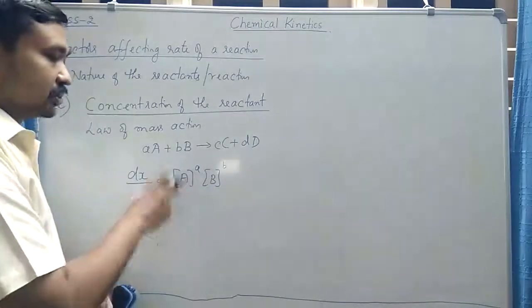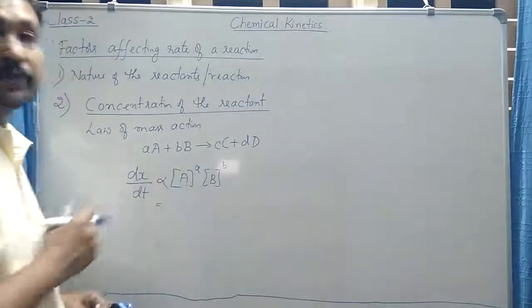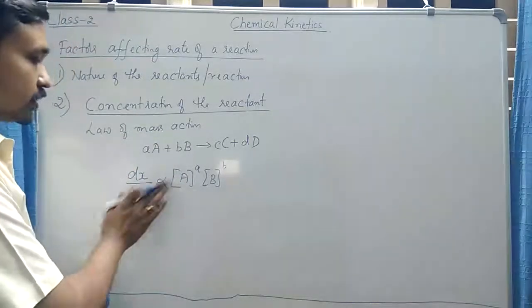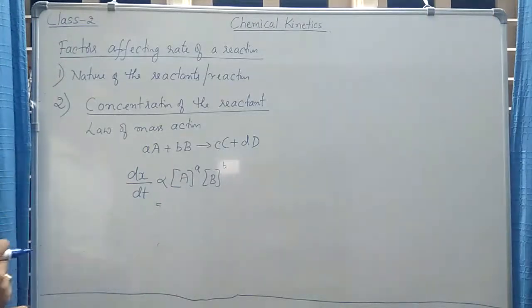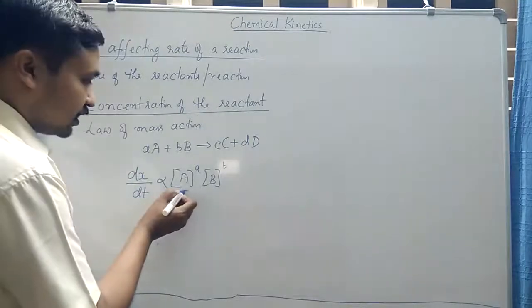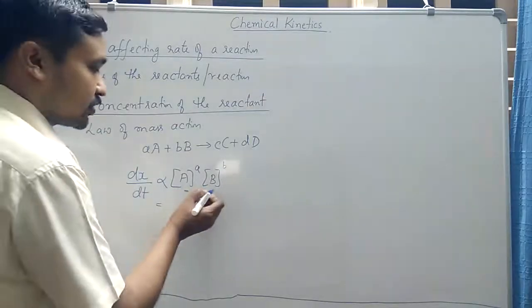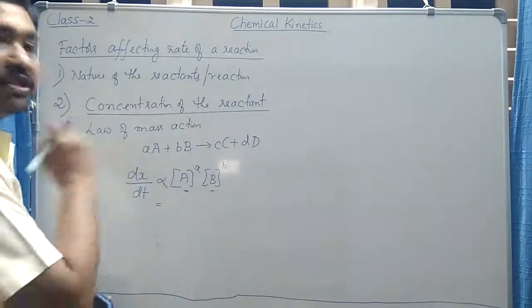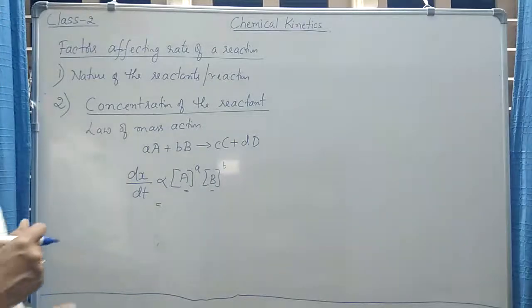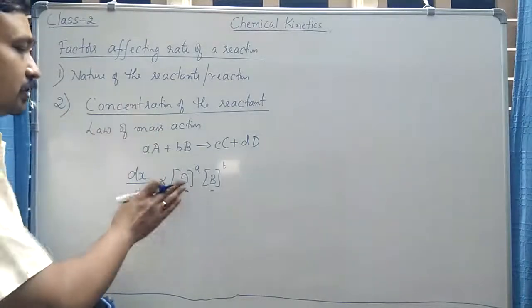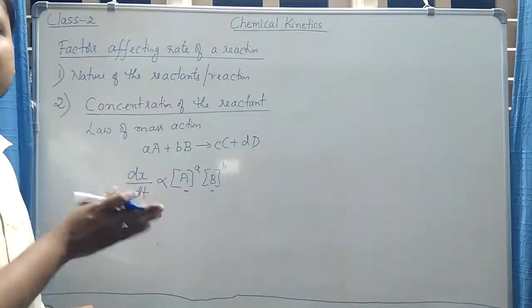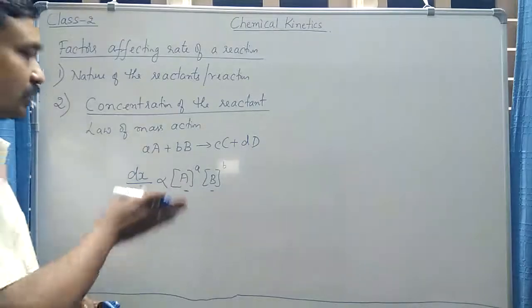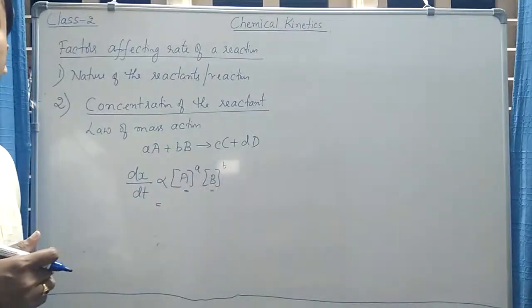If I increase the concentration of either reactant A or reactant B, the rate of the reaction also increases. If I decrease the concentration, then the rate of the reaction also decreases. This is one way of interpreting this equation. The other way of interpretation is, remember, here I have said concentration of A and concentration of B, but at what time is this concentration measured? Because you know, when a reaction takes place, the concentration of the reactants does not remain constant. It continuously changes with respect to time. To be more precise, the concentration of reactant decreases with respect to time.